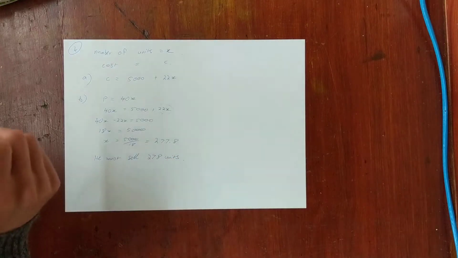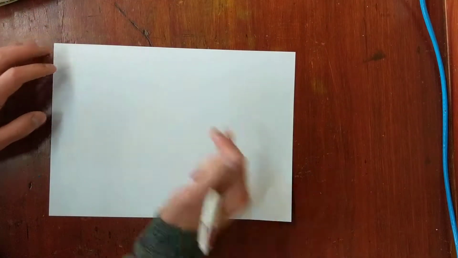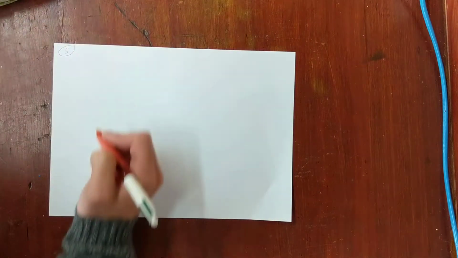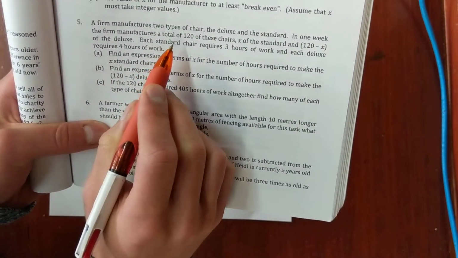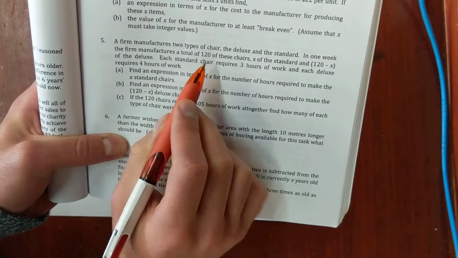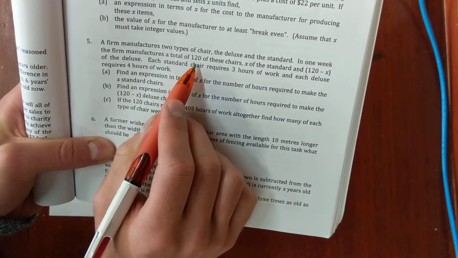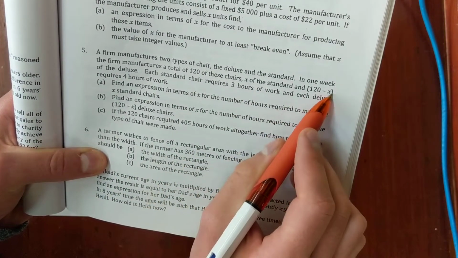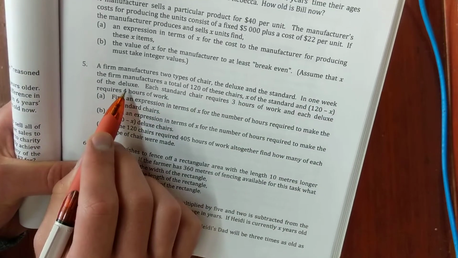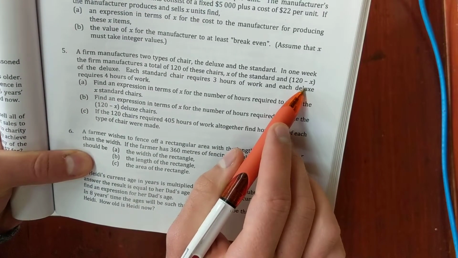Okay, let's do one more question. So let's do question 5 from the same exercise. A firm manufactures 2 types of chairs, the deluxe and the standard. In 1 week, the firm manufactures a total of 120 of these chairs, x of the standard and 120 minus x of the deluxe. So just translating that into words, that means that